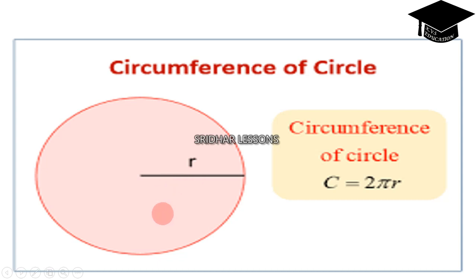Before going to the next exercise, we are going to discuss the concepts. The first one is the circumference of a circle. The circumference of a circle can be defined as C equals 2 pi r. It is the formula. Here r is equal to the radius. Okay. Circumference of a circle, C equals 2 pi r. Here pi is the constant, r is the radius of the circle.